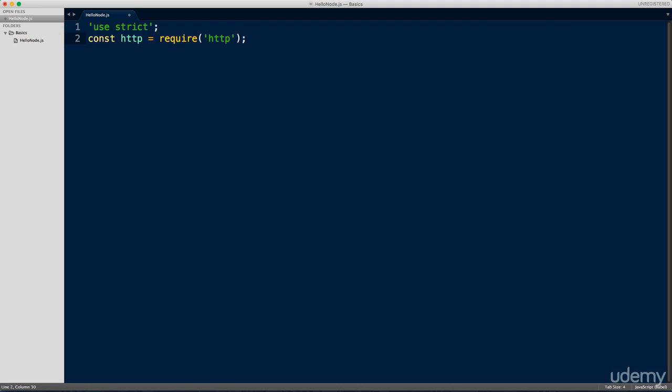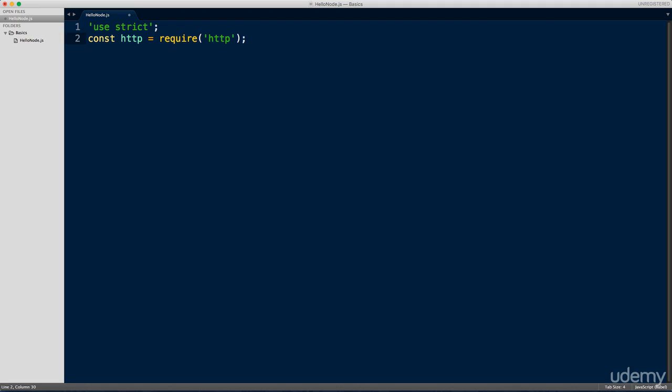Hence, we'll stick to the require statement for bringing modules in for now. Now, a module is essentially a JavaScript function for most parts, or it could be an object containing a number of useful methods and properties. So when you access a module using the require statement as we've done here, that function or object is then available directly inside our Node.js script and is accessible using the identifier or variable that we use here.